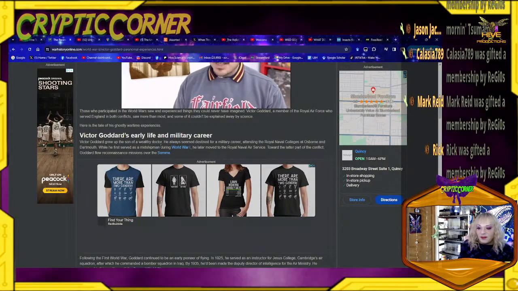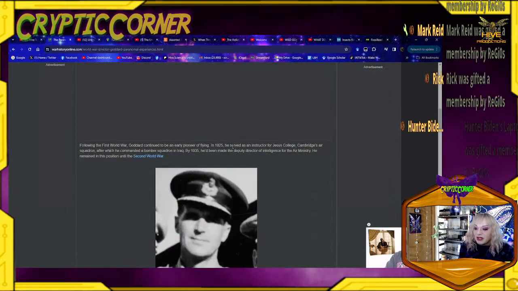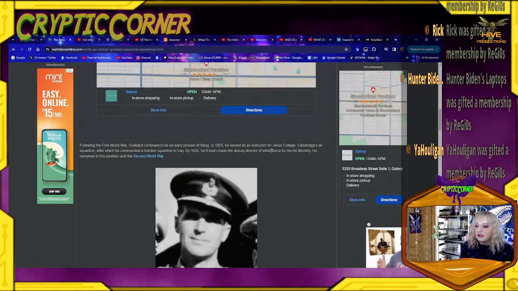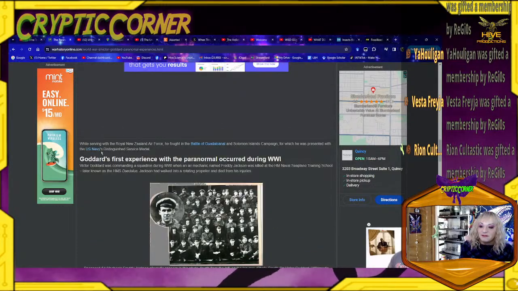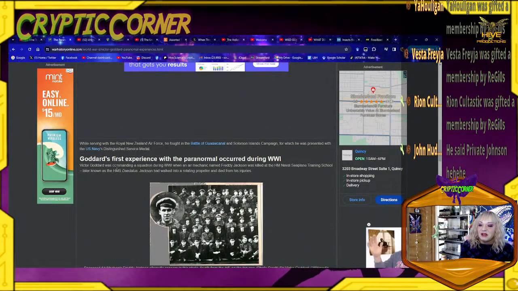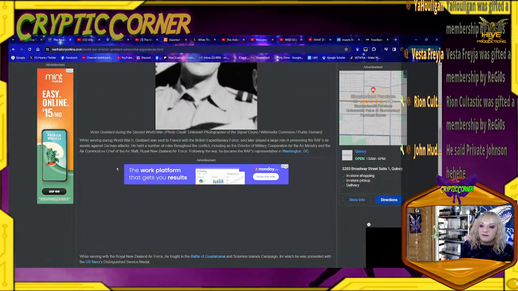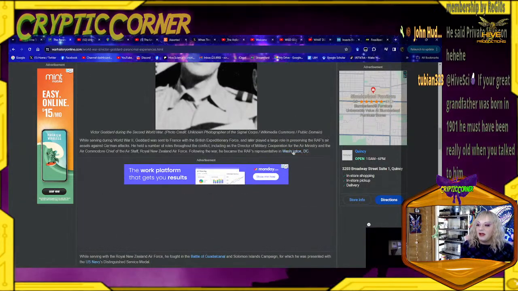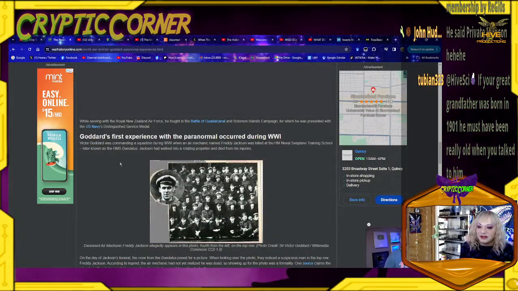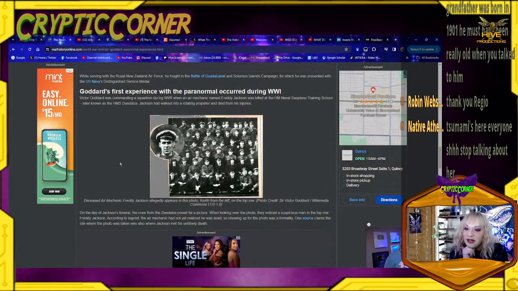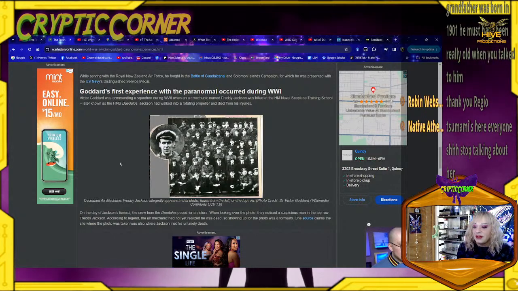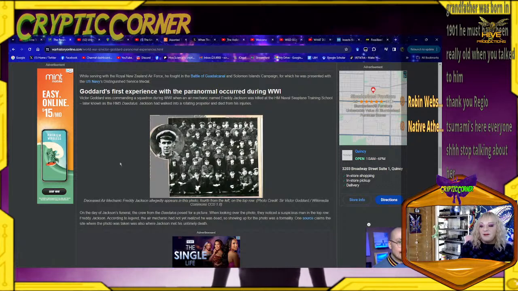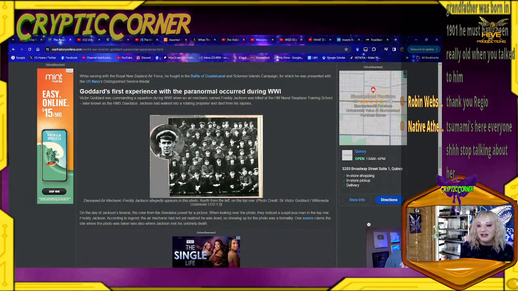Victor Goddard grew up in... Is this just recounting the story? I thought this was the debunking article. Hold on. Yeah, okay, that's just recapping all the stuff I just said about his experience. Let's see if there's more details included in this article from the sources, because it's got images and stuff that we didn't have before. I remember this exact image from that book, with the people and him in the circle.